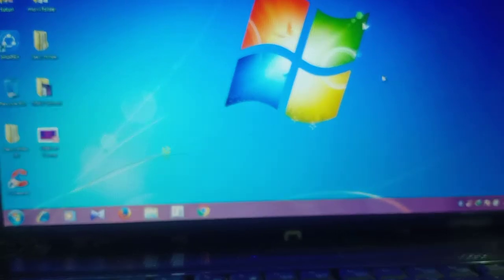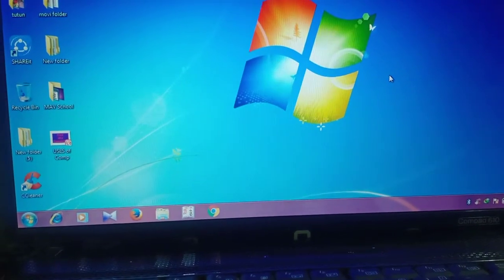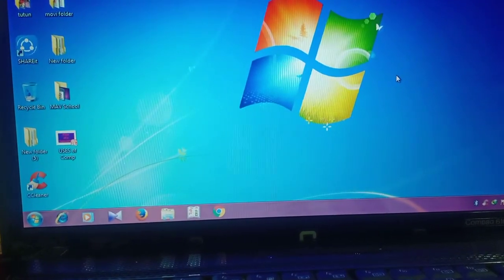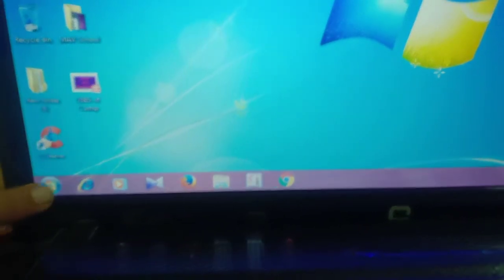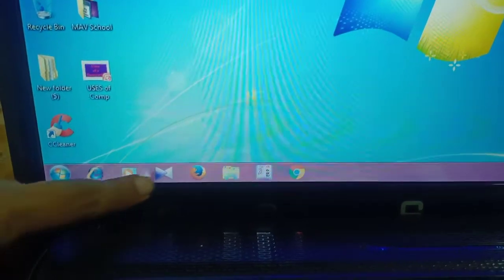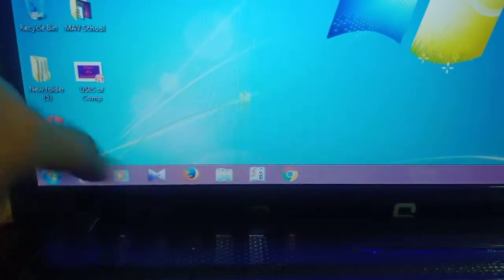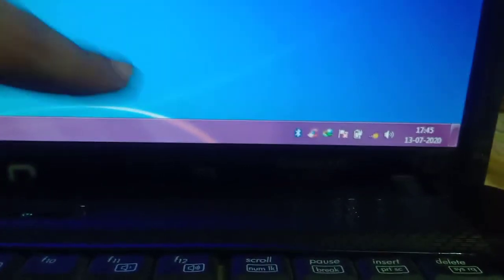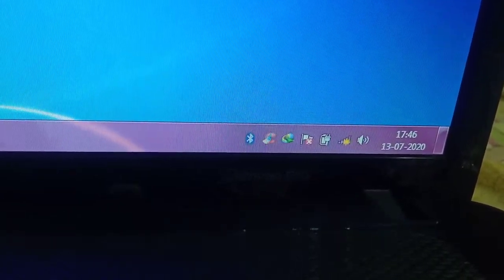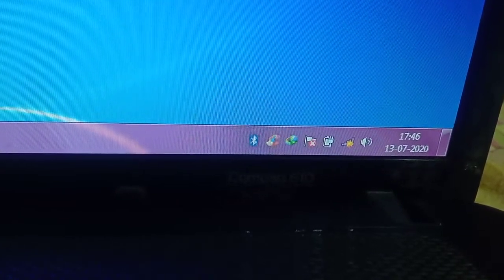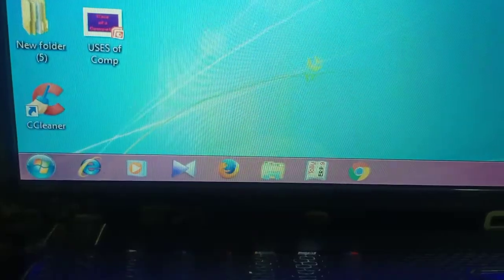It includes the start button, the quick launch bar, and the notification area. Here a clock is present showing the current date and time.